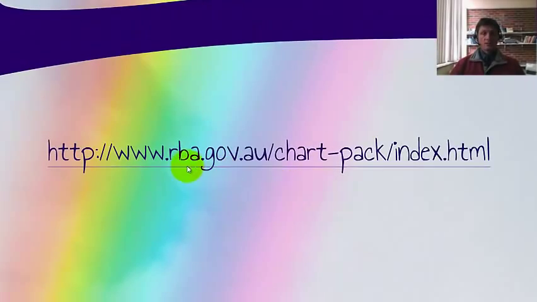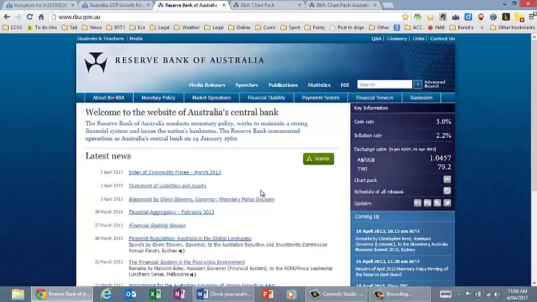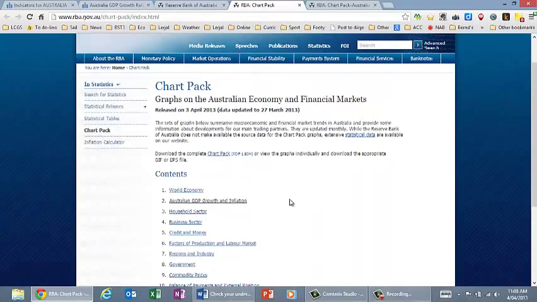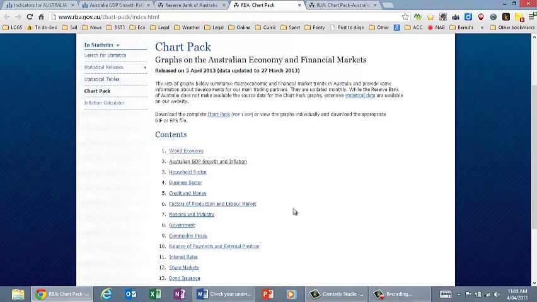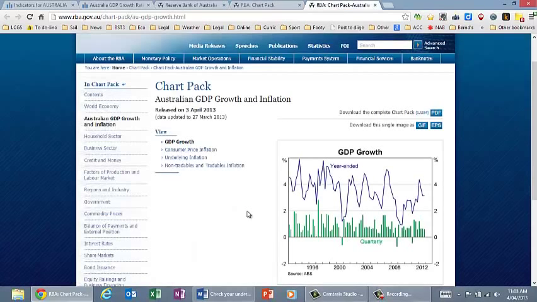The next really important place that we can look at is the Reserve Bank of Australia. The Reserve Bank of Australia is a really important site. Not only are they the setters of monetary policy, i.e. the interest rates, they've got lots and lots of really good data for us to look at. In particular, it's this chart pack that I want to show you. So when you click on that chart pack, you'll see a whole range of indicators expressed in graphical format and chart format, which I really like and which I'm going to show you. I'm going to click on this one here, and you'll get the GDP growth rate